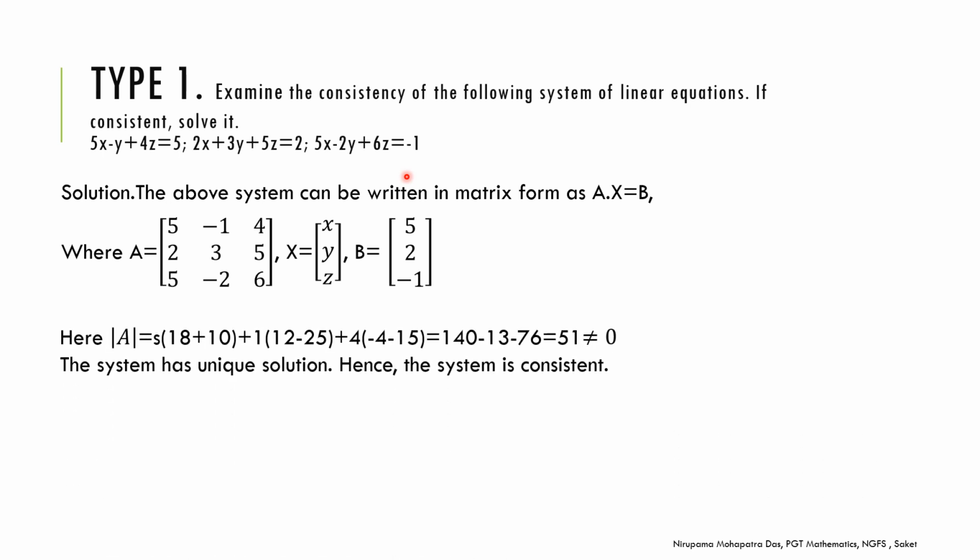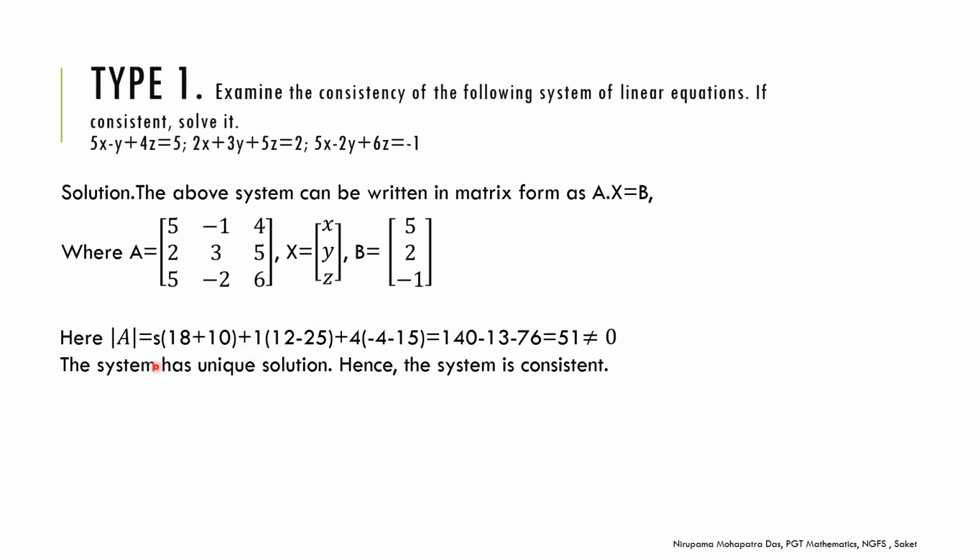Okay, next step is, as per the condition you have to evaluate determinant of A, right? So determinant of A may be 0, may be non-zero. In case determinant of A is non-zero, you get system having unique solution. It means system is consistent. In case determinant of A is 0, then system may be consistent or may not be consistent. So maybe in the next question we will see this.